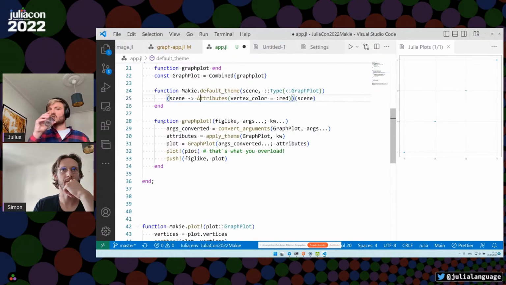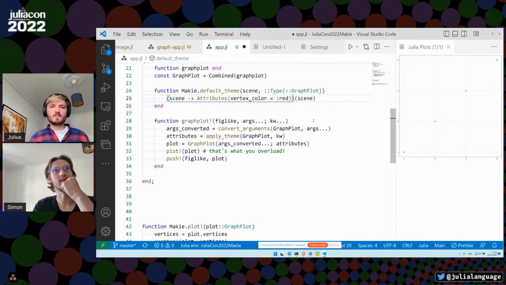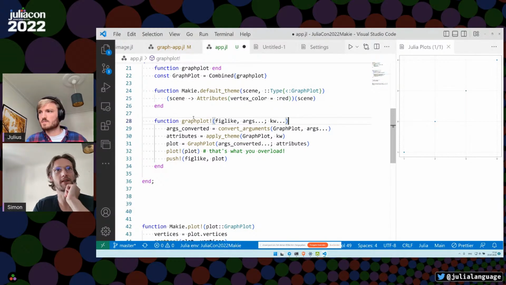And then we have this main important overload, which is the one that's most heavily simplified because there's quite a complex plotting pipeline to enable that you can pass a figure, can pass an axis and a scene and all these kind of things, and then also make it work with observables. But in simple terms, it looks like that. In the end, if you call graph plot,